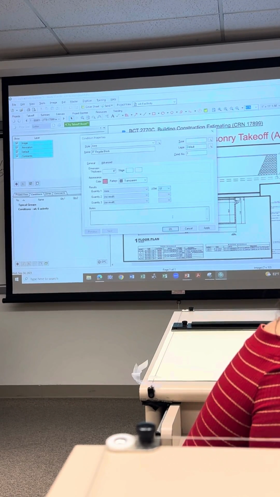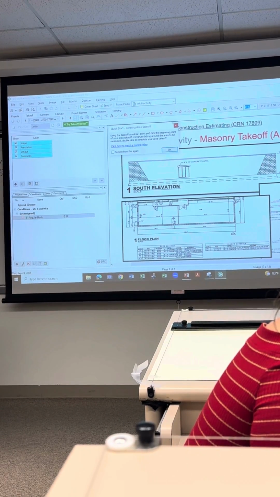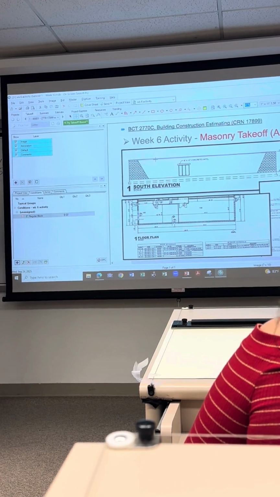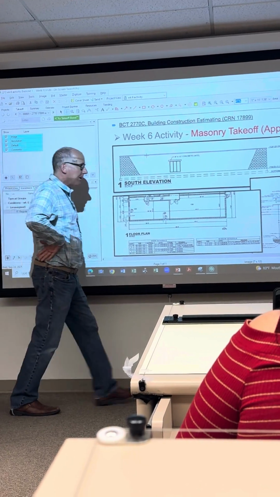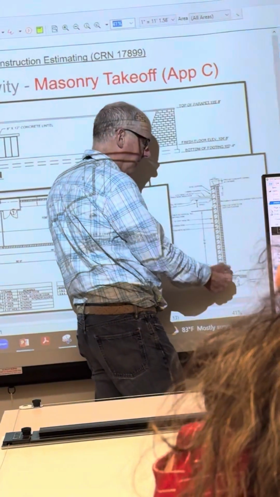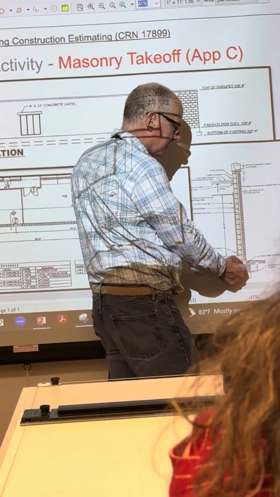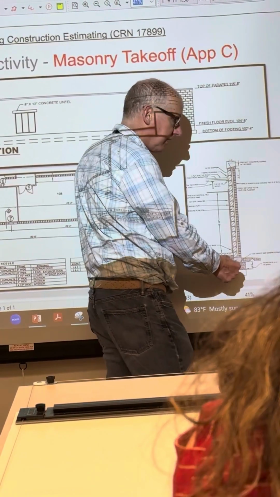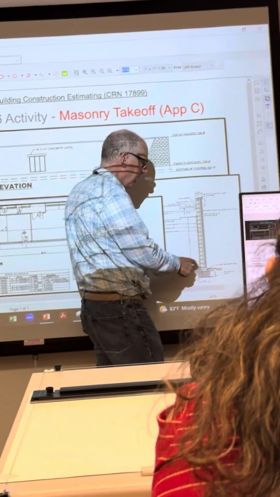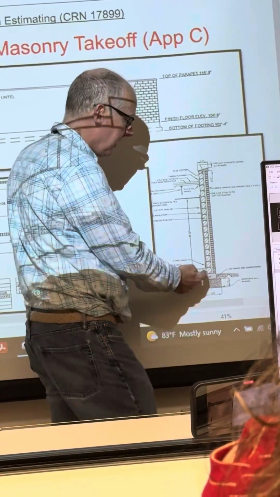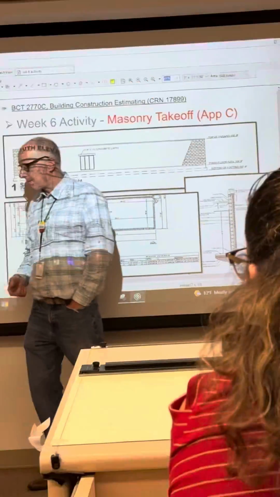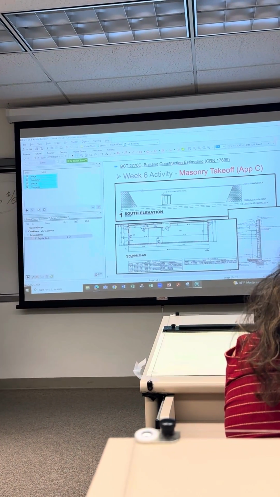Unit measure is square foot. Everything was good. I say okay. And from there, I now do my takeoff of my 8-inch regular block. I study my section. It goes from the bottom of the coping to the top of the footing, and here I'm asking for some liberty. I'm going to pretend this 12-inch block is just another 8-inch block going all the way down to the footing. So with that assumption,